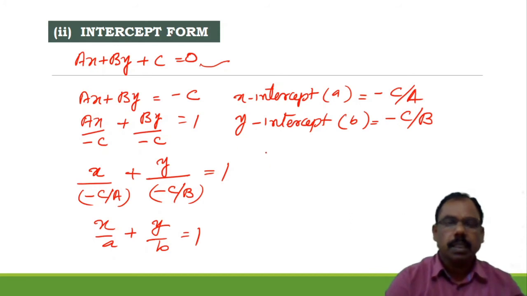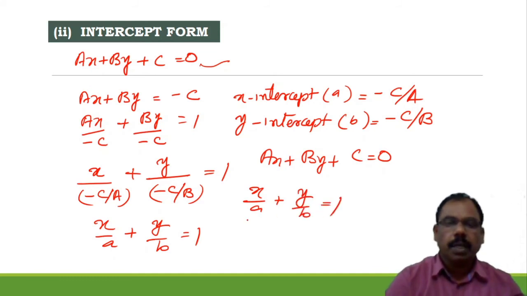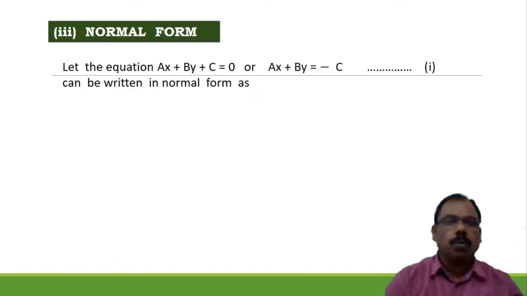Therefore, the equation ax plus by plus c equal to 0 can be converted in the form x by a plus y by b is equal to 1, where a is equal to minus c by a and b equal to minus c by b. Normal form. Let the equation ax plus by plus c equals 0 or ax plus by equal to minus c